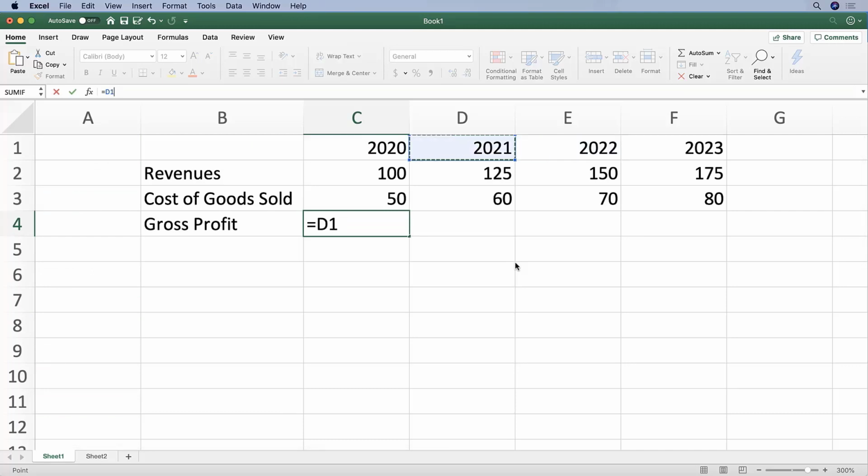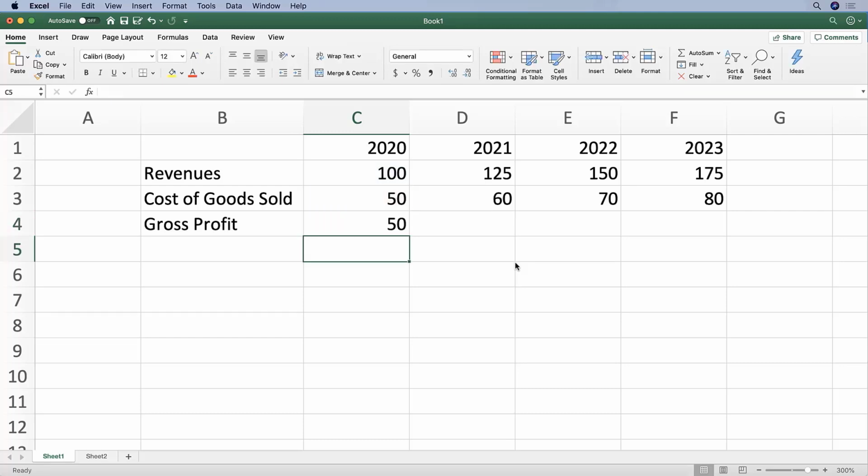So the signs and the formulas are relatively intuitive in Excel. And so we'll type equals, and then we want to select the revenue number. Then we want to subtract, so we're going to do the minus sign. And again, use our arrow key to pull in the cost of goods sold number. Then hit enter when you're done writing the formula, and you'll see that we get the gross profit of 50